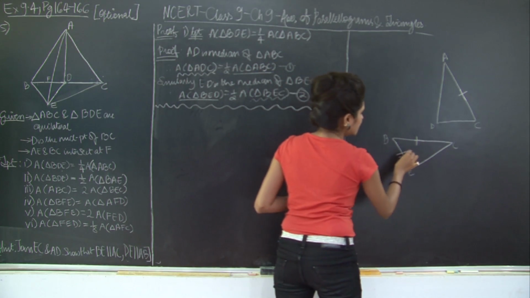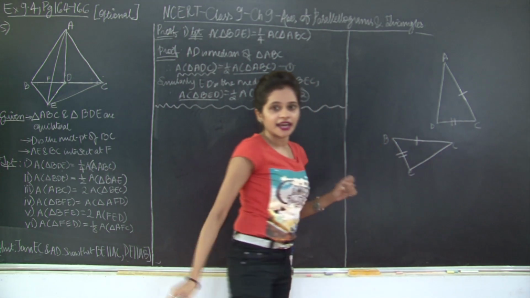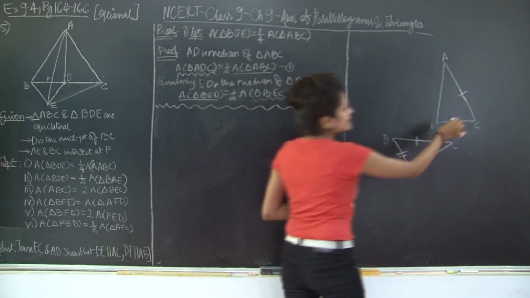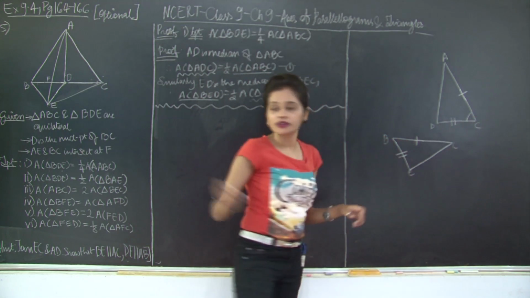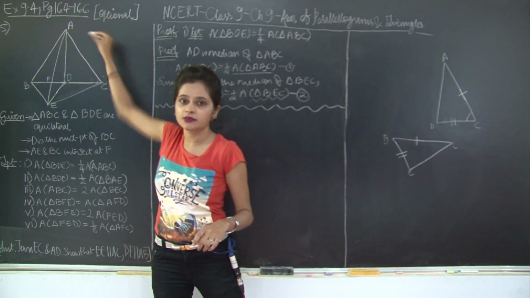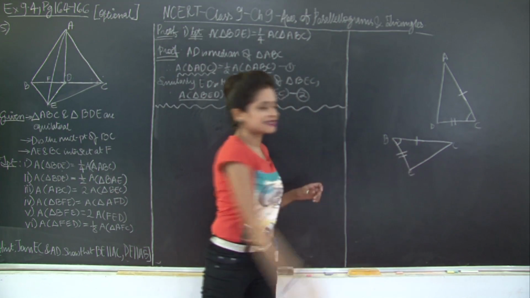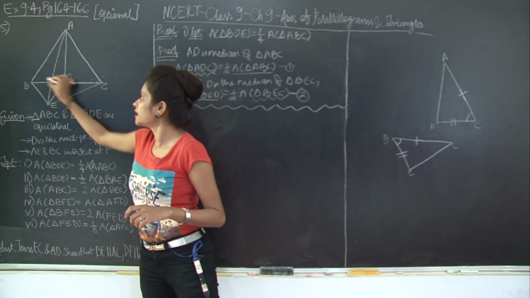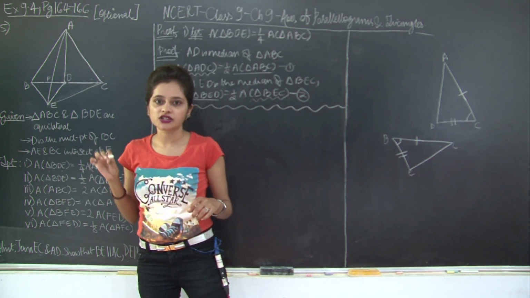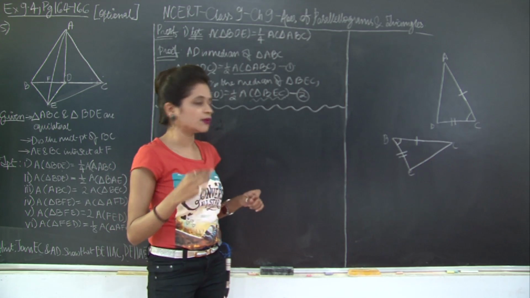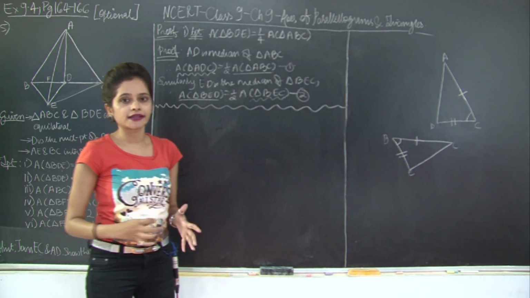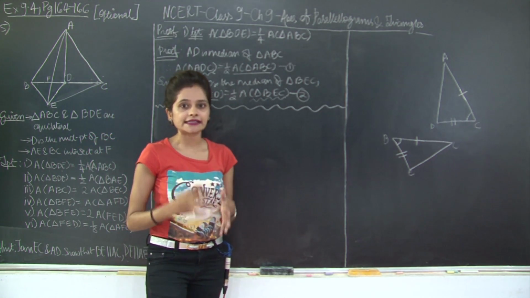So I have BE is equal to DC. And now if you notice, this angle is 60 degrees because ABC is an equilateral triangle. Similarly, this angle out here is 60 degrees. Why? Because BED is an equilateral triangle, therefore each angle is 60 degrees. We know that for equilateral triangles, all the sides are equal to each other and each angle is 60 degrees.